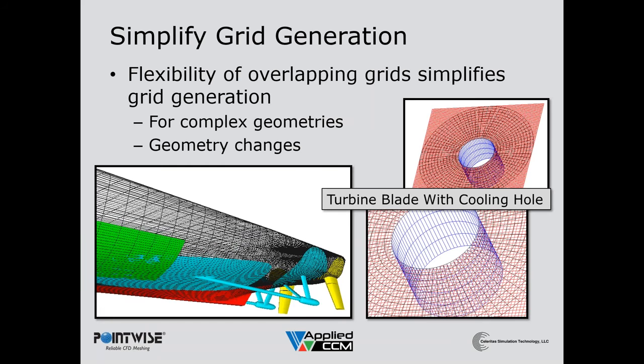Another example is shown by this notional turbine blade, and we want to optimize the placement of many cooling holes. See only one here, but think of the whole blade with lots of holes. The number and placement of the holes using overset grids can be controlled by an optimizer, and we don't have to regrid the entire configuration, but simply use the flexibility of the overset assembly to add the cooling holes in the appropriate locations.